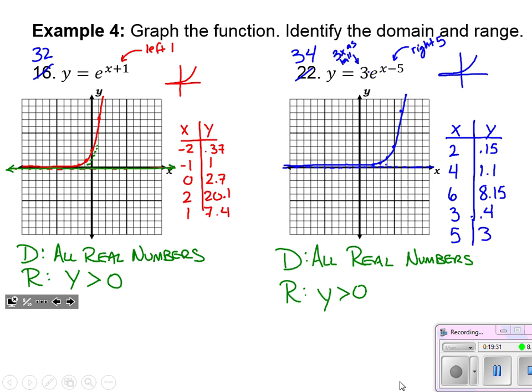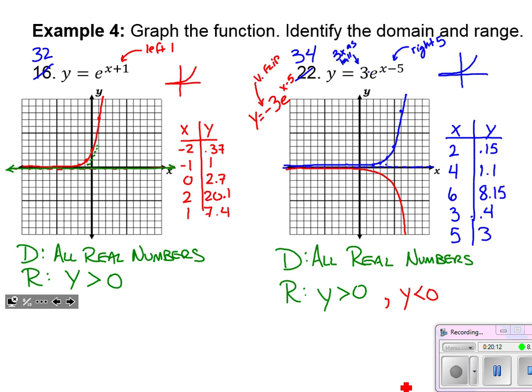All right, just to extend this idea in the notes a little bit, what would change the range? Well, let's imagine that we had, and I'm just going to graph this in red right over top. I hope that's okay. Let's say we had y equals -3e to the x minus 5. What would that do to our range? Well, hopefully we would think that the negative sign out front is a vertical flip. So it would take our graph and flip it vertically, like so. What would that do to our range? Well, now we want all y values that are less than 0 because it's been flipped over the asymptote.